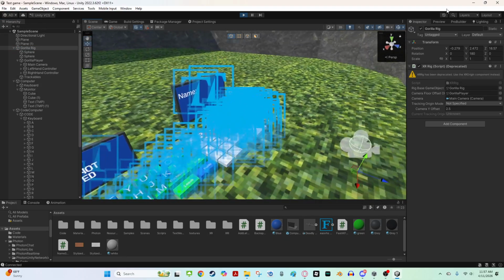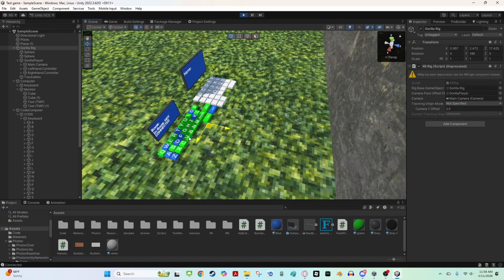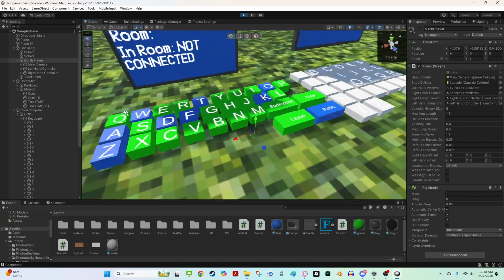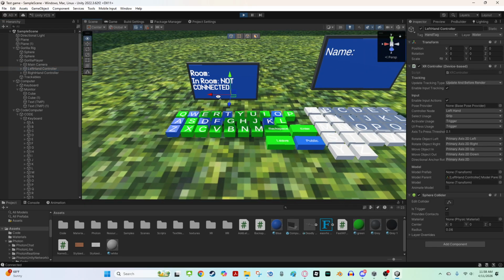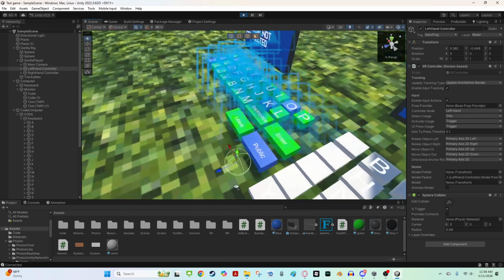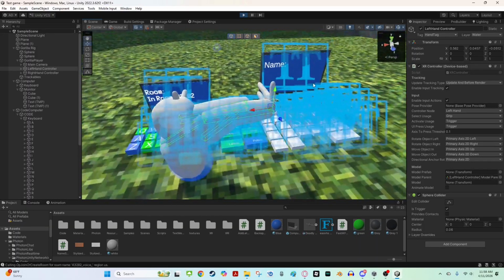I'm going to turn off gizmos. Click on Gorilla Player and drag it to your computer. Go to left hand controller and drag it onto public. It should work. As you can see,